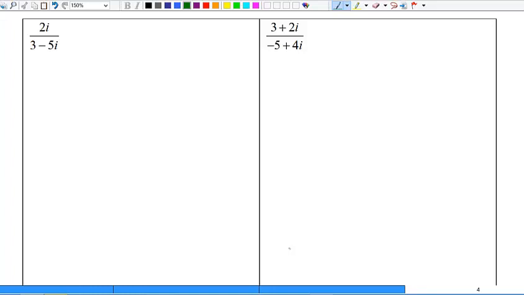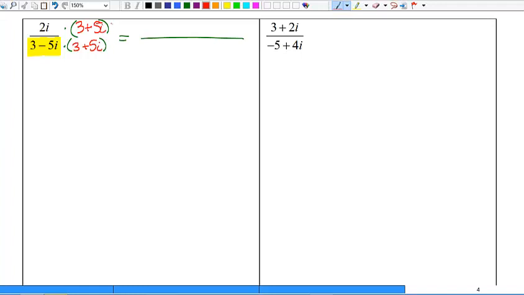On this problem, 2i divided by 3 minus 5i. Notice the denominator is a binomial. And because it's a binomial, I have to multiply by something clever so that I get no i's left in the denominator. So what I'm going to do is multiply by 3 plus 5i, or the complex